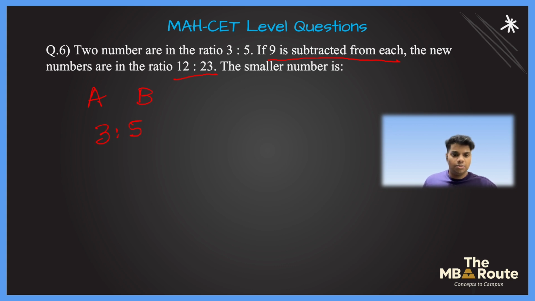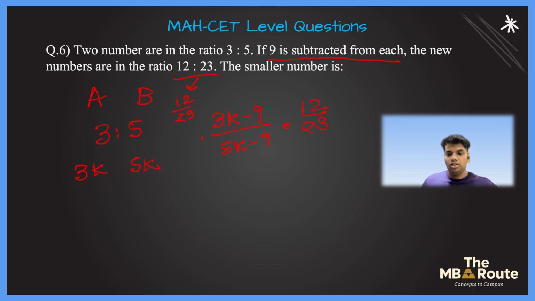Again, the first step in ratio should be taking a common multiple. So this is 3k, this is 5k. And 9 is subtracted from each. This is 3k minus 9, and 5k minus 9. And the ratio can also be written as 12/23. So 3k minus 9 by 5k minus 9 is equal to